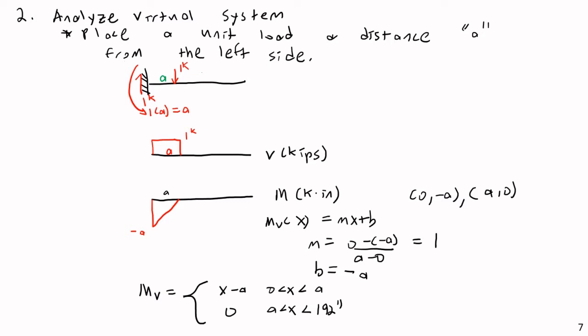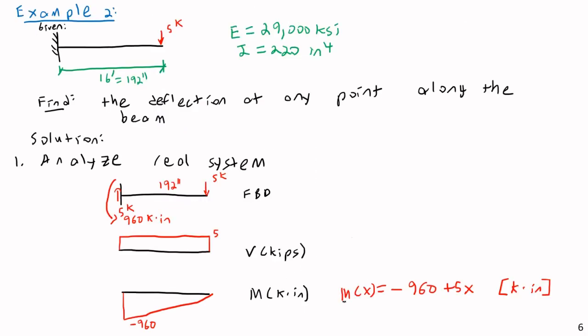So the third step is going to be, as before, to resolve the zones of integration. So no real difference here, except we're just doing this in more general terms for our virtual moment. So resolve boundary conditions. I could call it resolving the boundary conditions, or resolving zones of integration, whatever you want to call it. But let's resolve them. And looking back, our real moment only had one zone. There were no discontinuities between the left hand and right hand side. But because my virtual moment does have 2 zones,